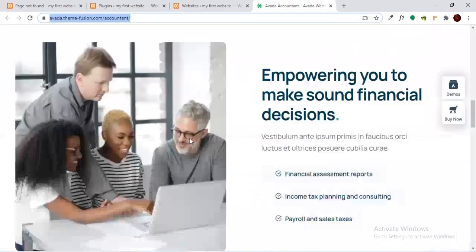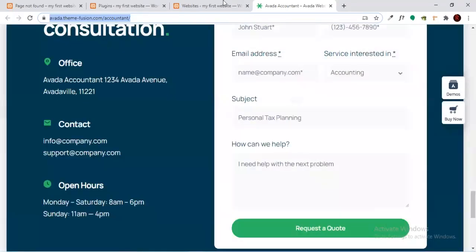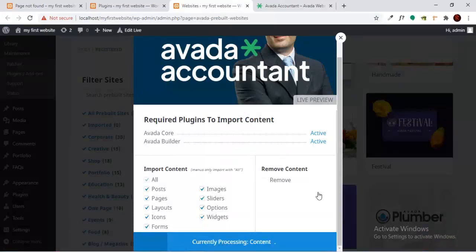You just need to change the text and edit the custom images and all. As you can see, all the content is imported now. Just click on done.